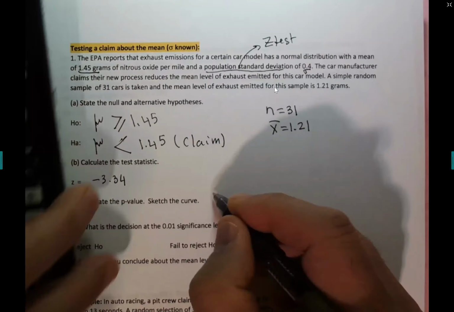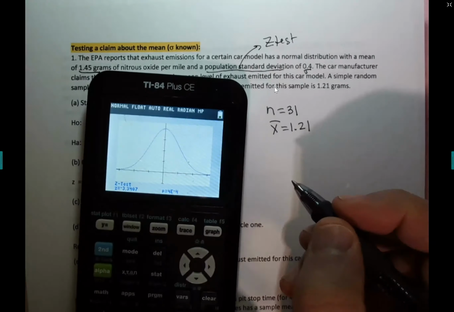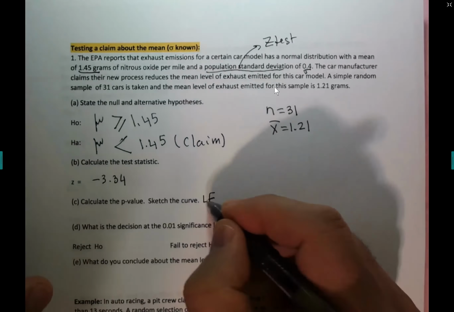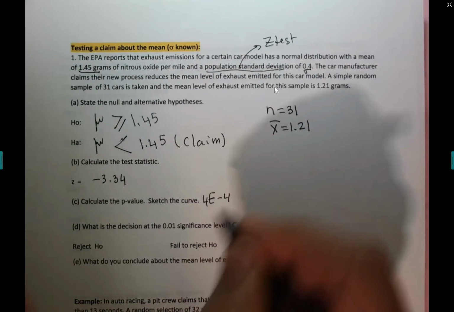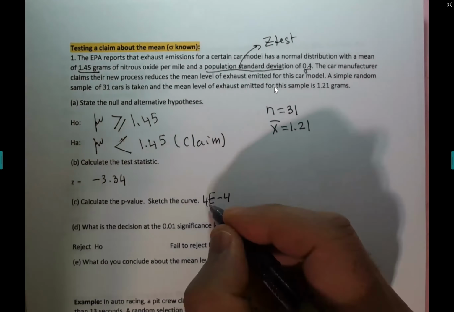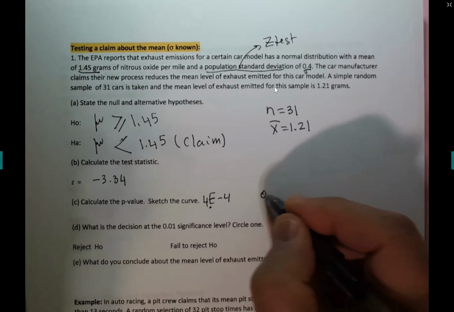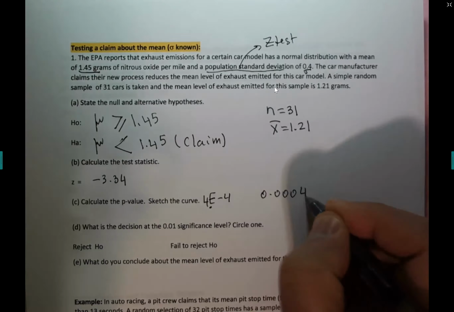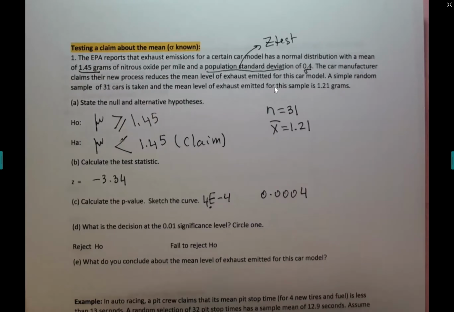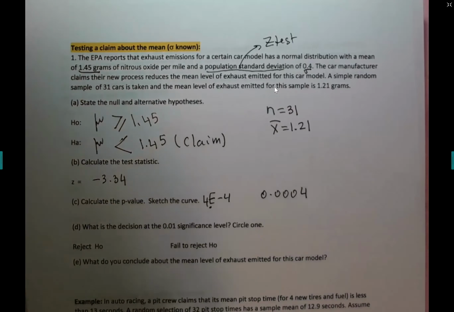And p-value, let me tell you what the calculator showed me, and then we'll interpret that. So that's good, we put that. Okay. Don't write it like this, guys, and don't write it like a 4. It's not a 4. E minus 4 means you have to move the decimal point 4 digits to the left. So the decimal point is right here, guys. So actually, if you move it 4 digits to the left, it will be like that. 0.0004. That's the p-value.